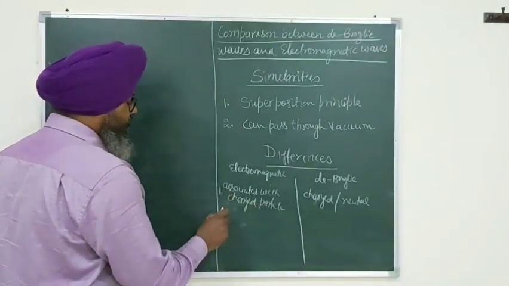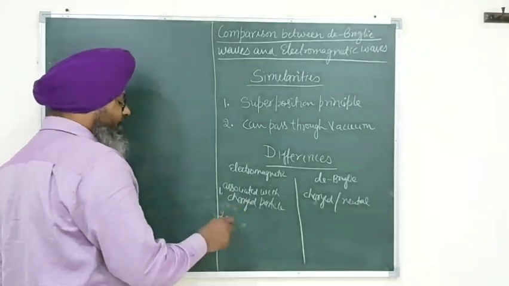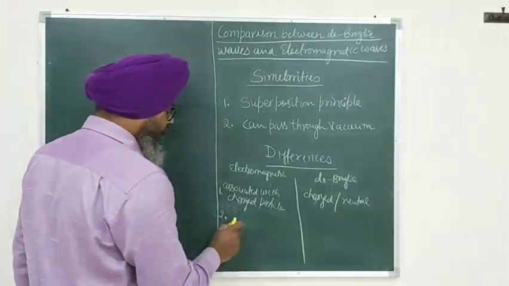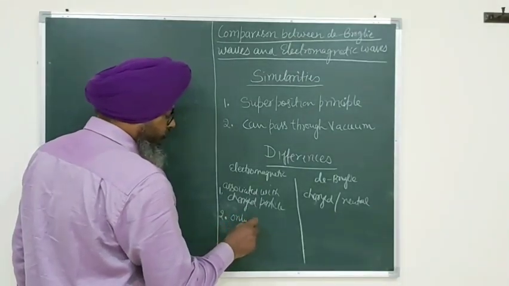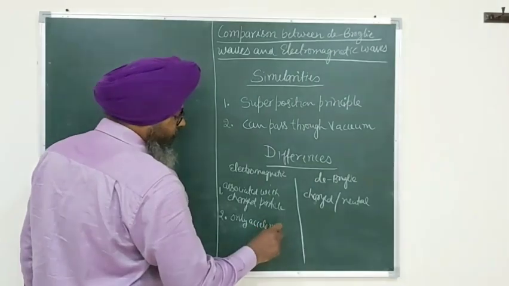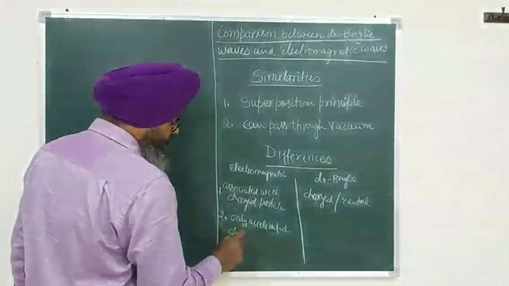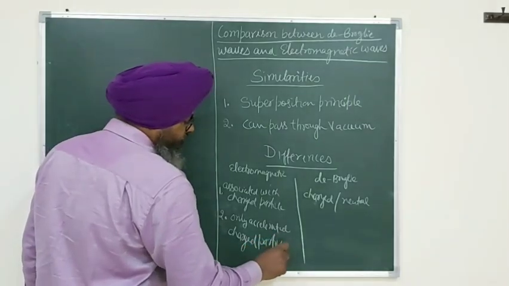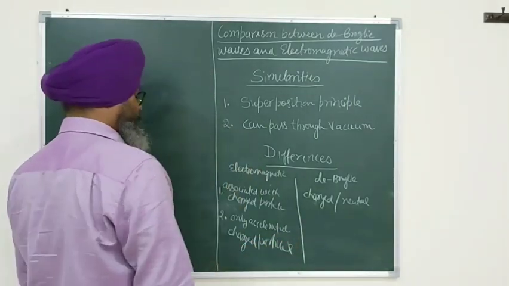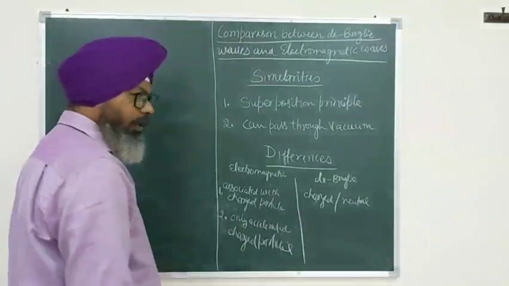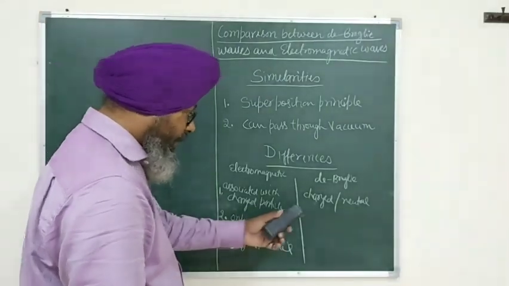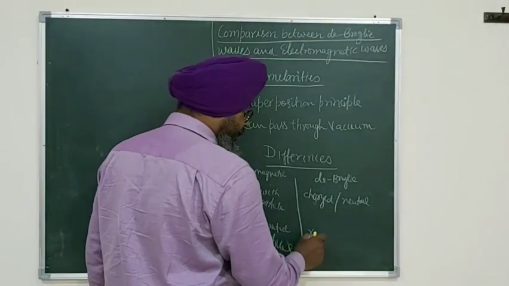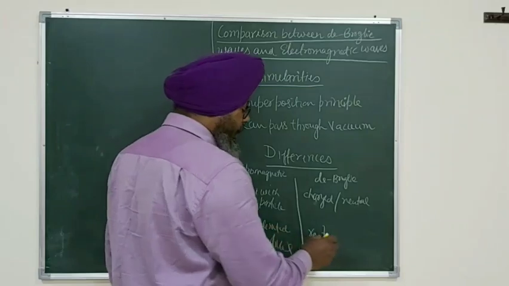Then the second difference: even all charged particles do not produce electromagnetic waves. Only accelerated charged particles can produce electromagnetic waves. On the other hand, de-Broglie waves can be produced from particles at rest also, particles in